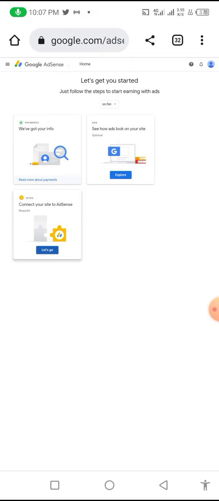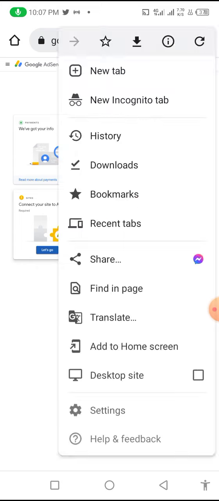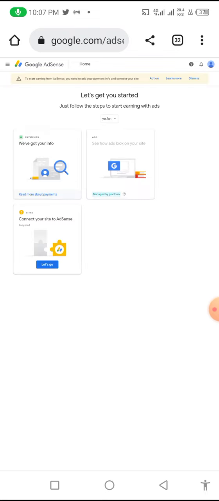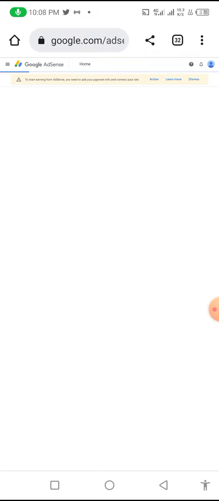It's coming up so that I can see the publisher's ID. Come on, it's delaying. Let me refresh. Okay, it was a network issue. So I click let's go. It takes me there. What I want is the publisher's ID.